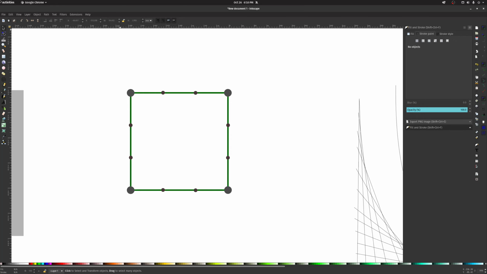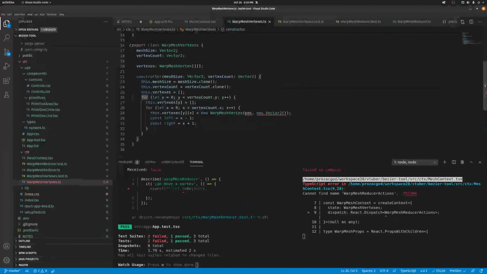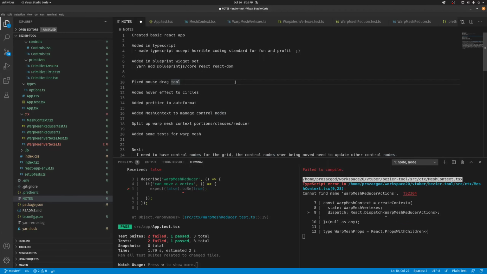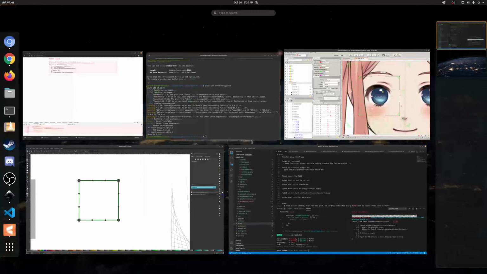So okay, let's go over the notes from the previous iteration. After I closed the stream off last time, I was struggling with the mouse drag over the SVG. There was a combination of SVG to local coordinates, scaling, and then I basically kind of caved and did a bit of a half job. It works well enough that I can ignore it for now because it doesn't need to be perfect. This is just a tool for testing. So the mouse drag tool does work. I don't have the working version up because